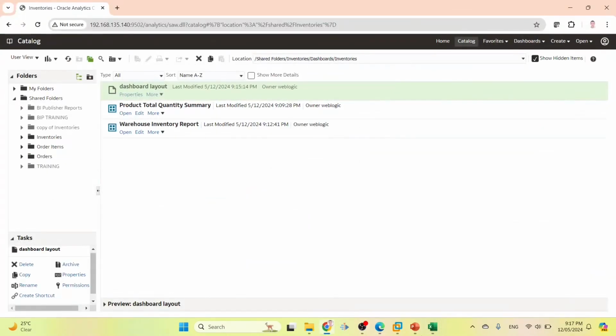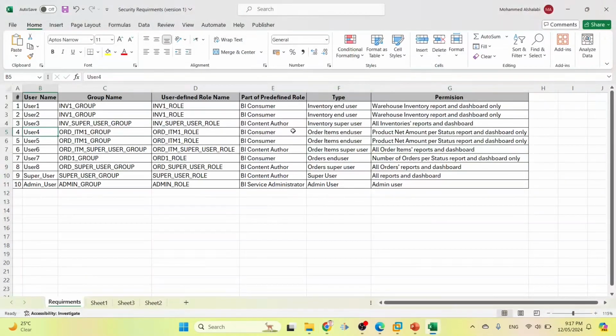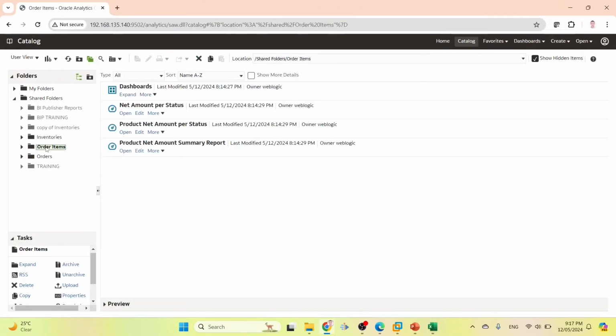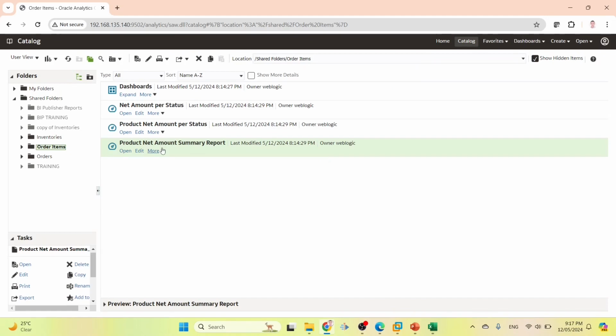Now, user number 4 should be granted the product net amount per status report and dashboard. Go to the order items, product net amount per status report and dashboard. To avoid granting access to each individual object like the previous user, I recommend you follow this approach. Grant access